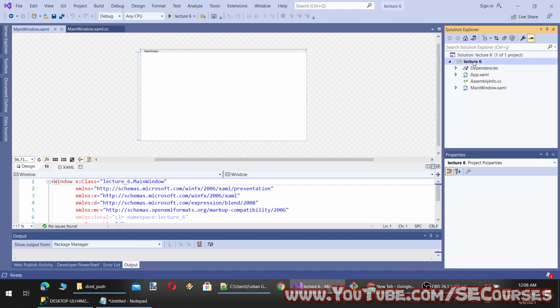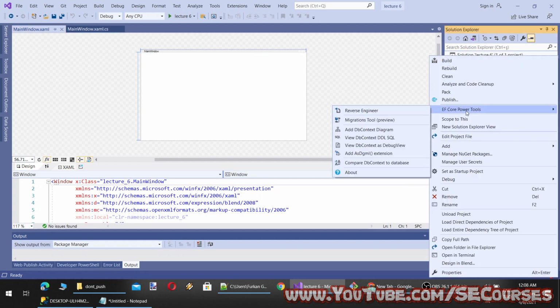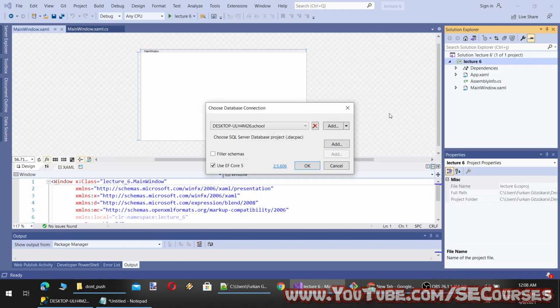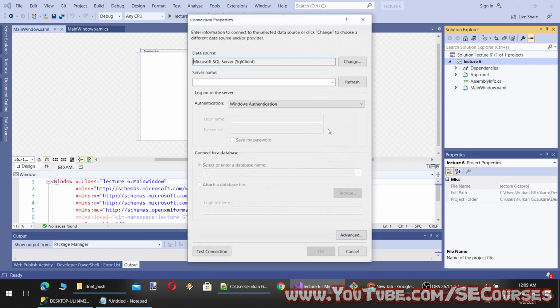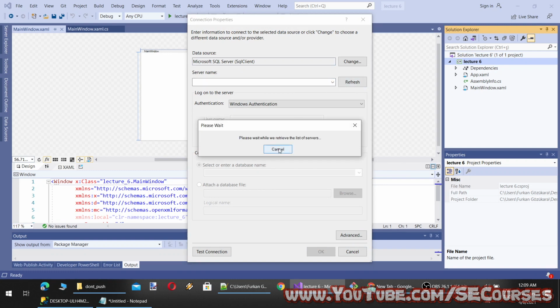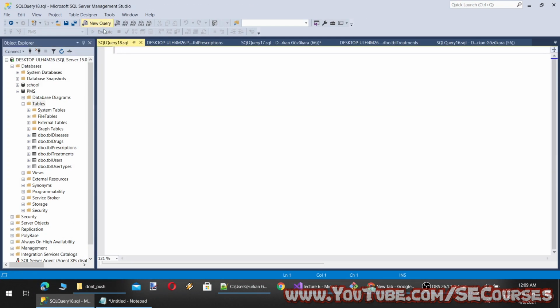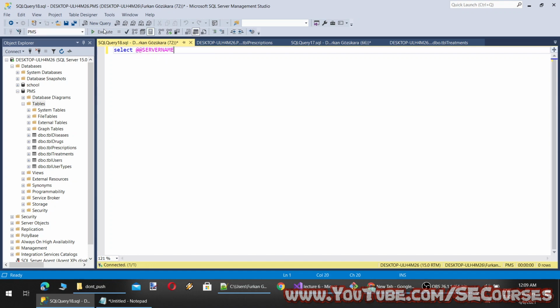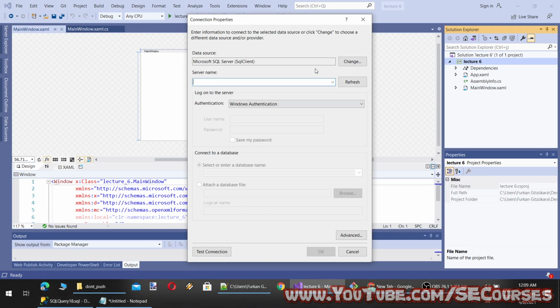Okay, if you remember, to be able to use Entity Framework in .NET Core, we were using reverse engineer, and therefore I will use it as well. So we will get a new database source. Okay, it is retrieving the list of servers. We can also get it faster with a server name like here. Okay, and the database name will be our PMS.